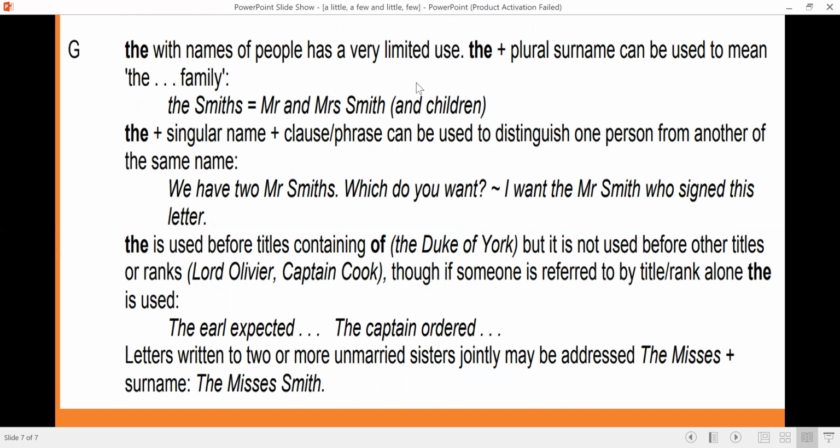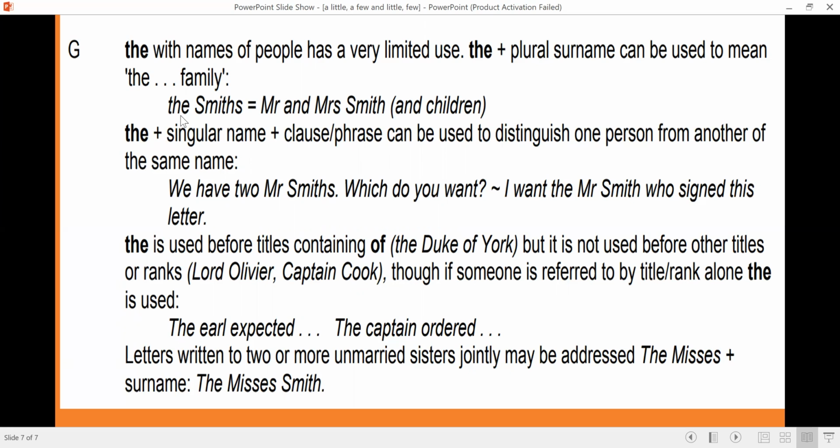The with names of people has a very limited use, right? The cannot be used before the names of people, but it can sometimes be used, and it has a very limited use. For example, the plus plural surname can be used to mean the family. All right, you can use the plus plural surname. Surname means second name. For example, if Mr. Smith is a person and Mr. is the first name and Smith is the second name, and you make that Smith plural by adding s, and you also use the before that,